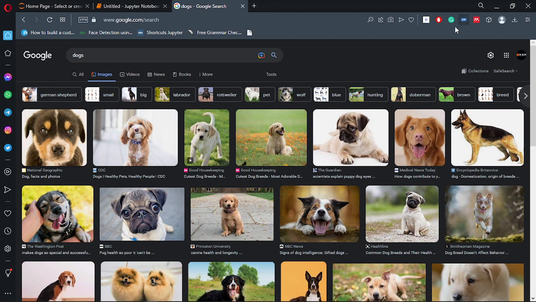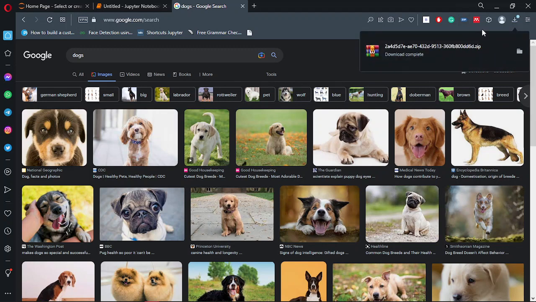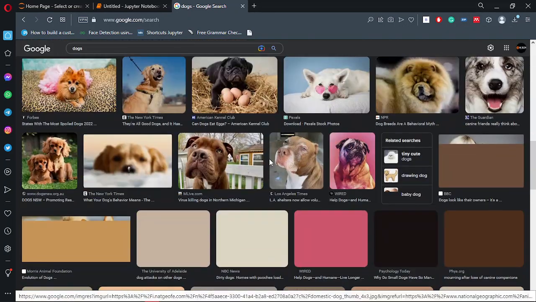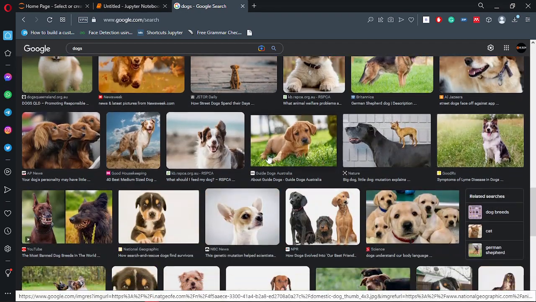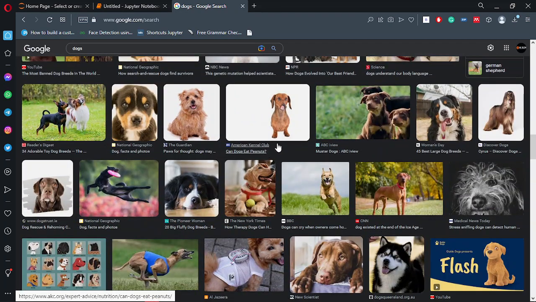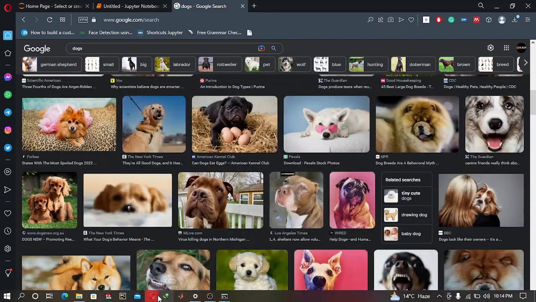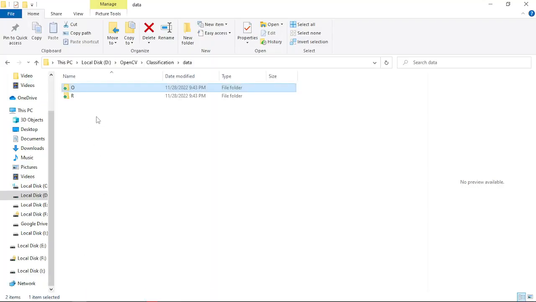you need an extension. This is an extension I have, called Download All Images. You just saw that I clicked here, and it will download all the images that have loaded on this web page into one single folder. Then you just copy those pictures here, and you have to divide them